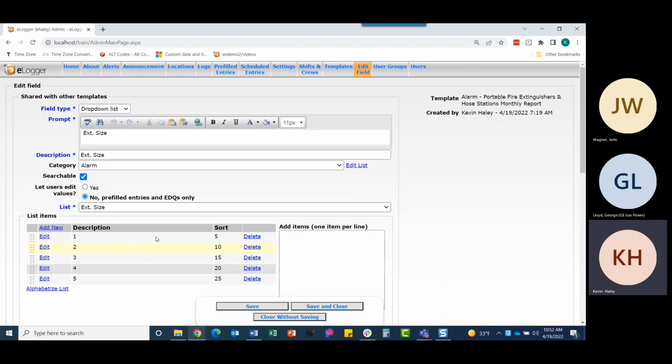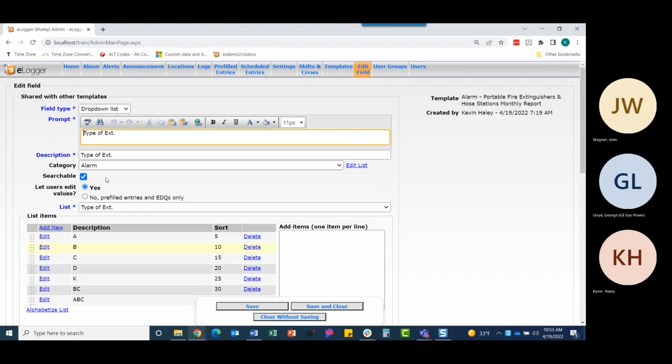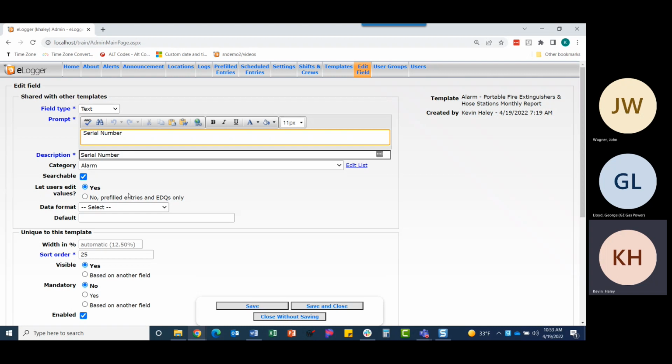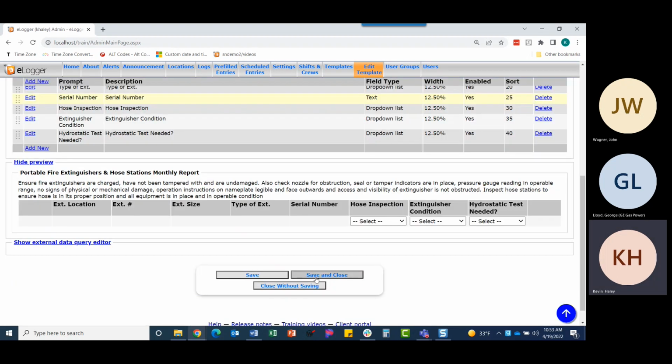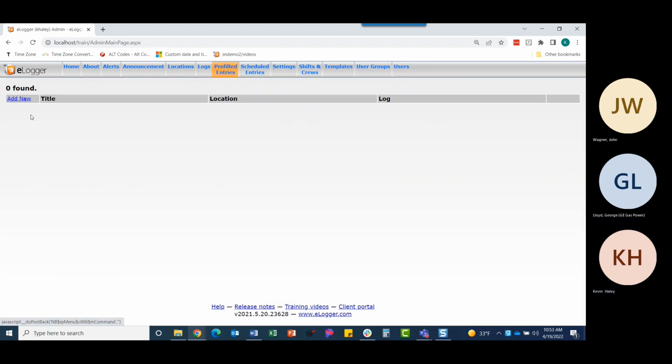So the size, I don't want them to be able to edit these values, and you'll see why I'm doing this in a second. The type, I don't want them to be able to edit, and the serial number, I don't want them to be able to edit either. Because now that I've changed this template, I can go into the pre-filled and I can